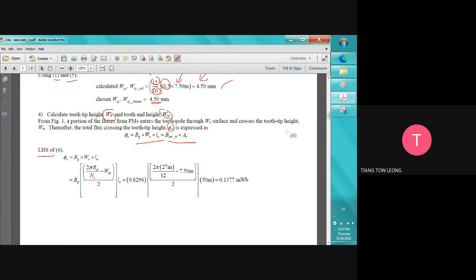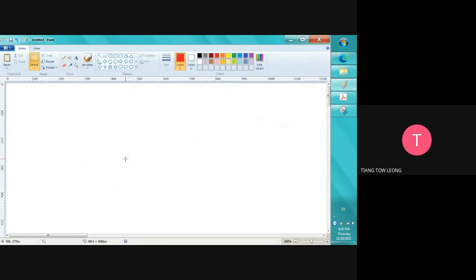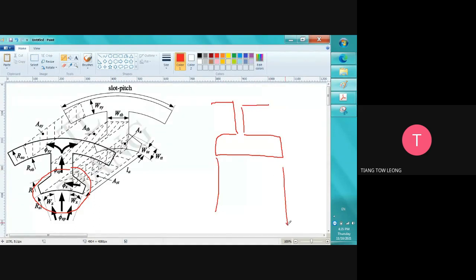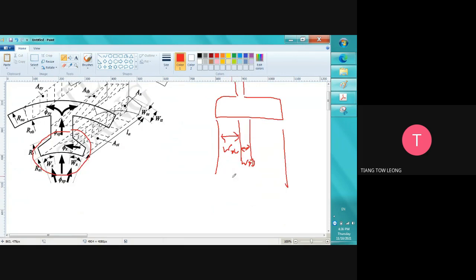Left hand side from the equation of 6, so we just copy down. BG we already calculated, LA we already obtained. Now we want to find the WX. So how to find WX? Assuming this part is a 2D. Okay, and then we have this WTB. We have a WX. So first of all, we need to find